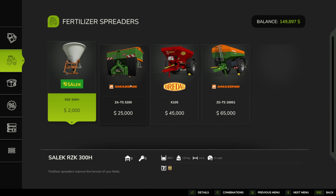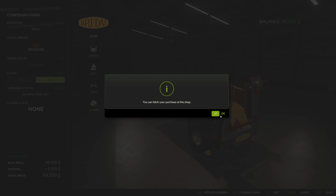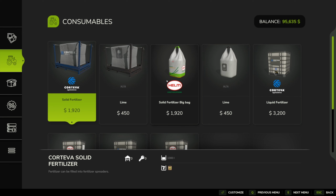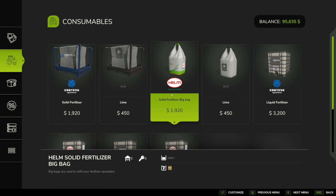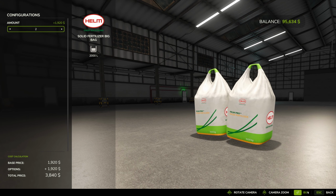Now you watch this come up in the sales again too. So I'm going to buy it anyway. It is going to be a handy bit of kit that we're going to use on the farm throughout. So that's that done. What else? I probably will need some lime to go with it, and consumables, please. We'll probably need some fertilizer also. So I'll get 2 bags of fertilizer to start with. Okay, and I'll get 2 bags of... I'll get maybe...